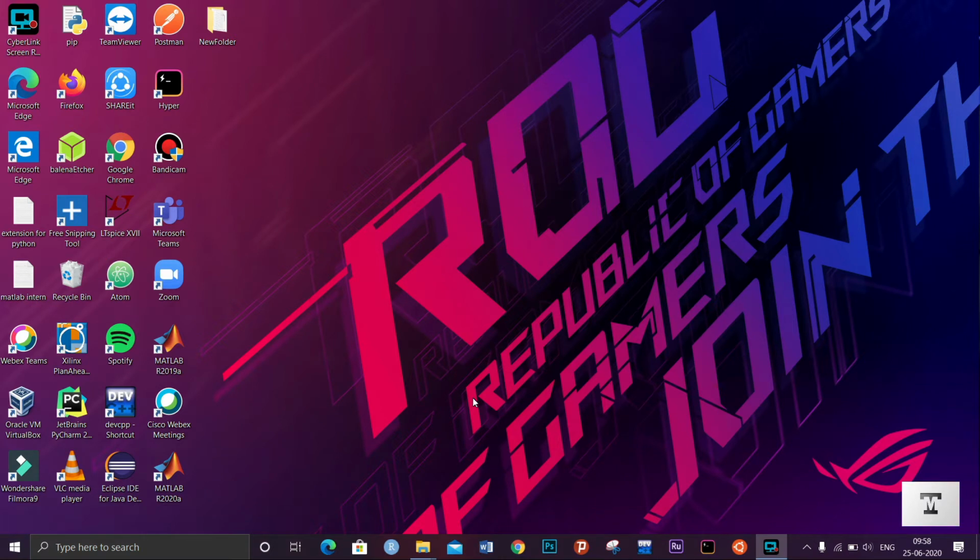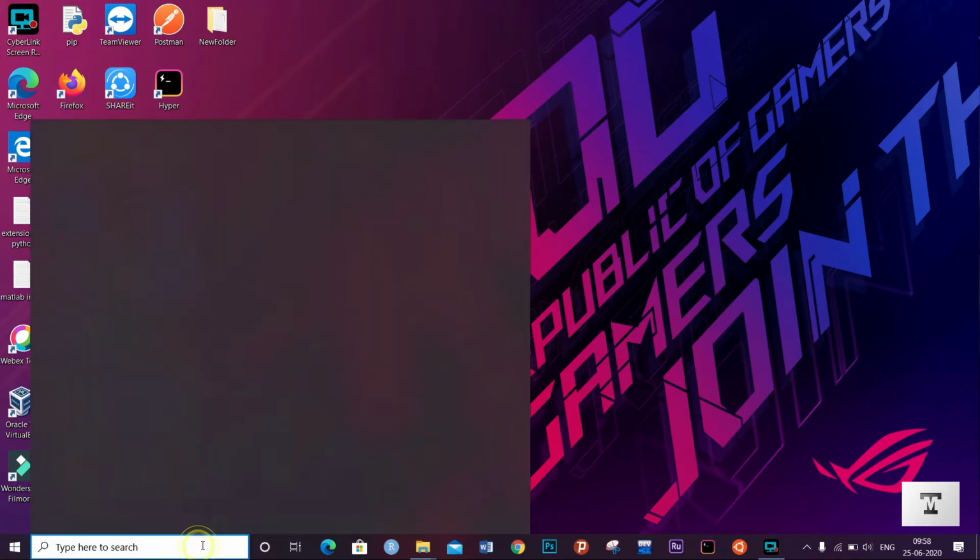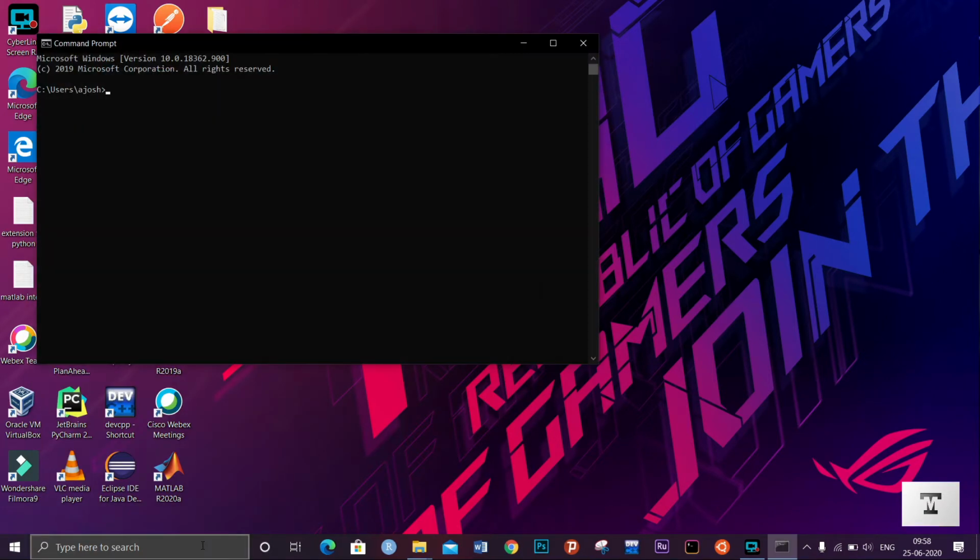So today I'm gonna tell you how to create password secured folders to secure your secret files. So let's start. Now first of all, I'm gonna type command prompt and I'm gonna create a folder in my desktop directory. So for that, I'll just cd to my desktop using OneDrive, and then after coming into desktop directory, then I'll make a new directory or a folder.